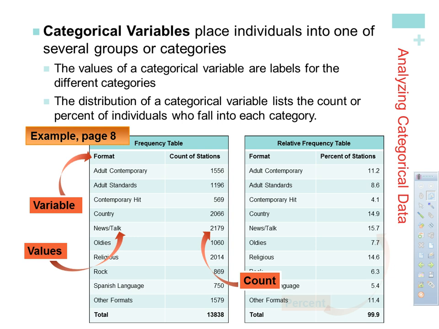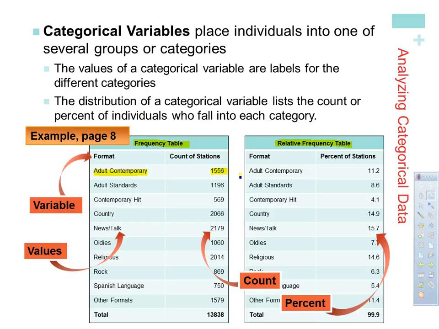From there, we've got two options. We can list the values of the variable, or how often our variable takes these values, either in terms of counts or percents. And so there's your difference between a frequency table or what's called a relative frequency table, right? A frequency table just gives us counts. This is how frequently we came across, or they came across, an adult contemporary radio station. They found 1,556 of those,